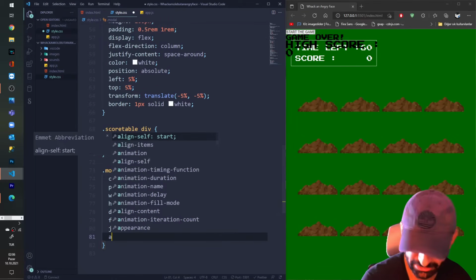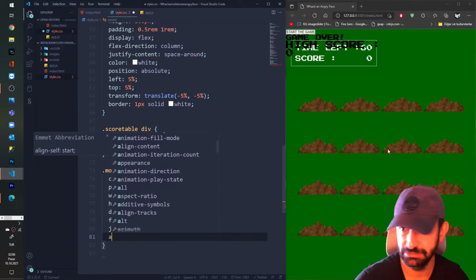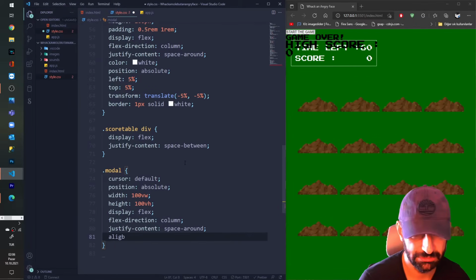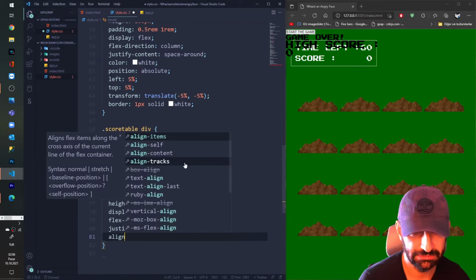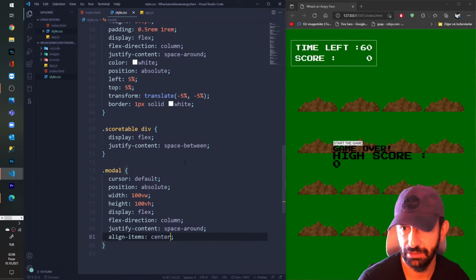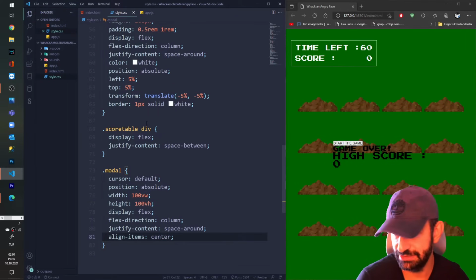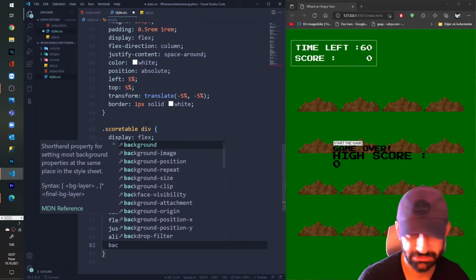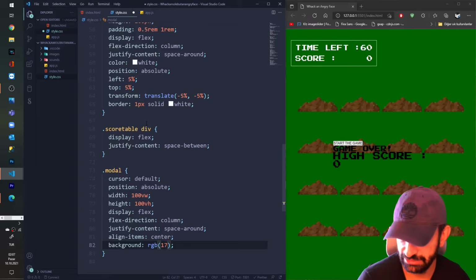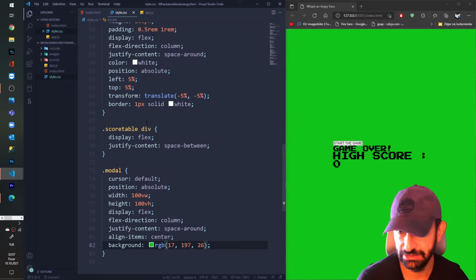And align items center, of course. Okay, that's great. I'm gonna give background of RGB 17, 19, 26. Okay, now nothing is seen from behind.